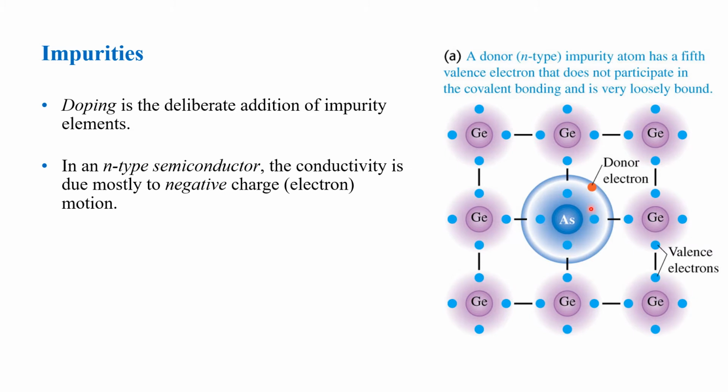And since there are excess electrons here, which will not anymore bind with the neighboring germanium, this electron here becomes a donor electron, and your material becomes a negative type